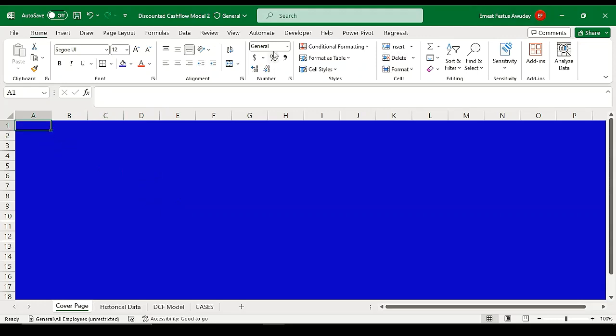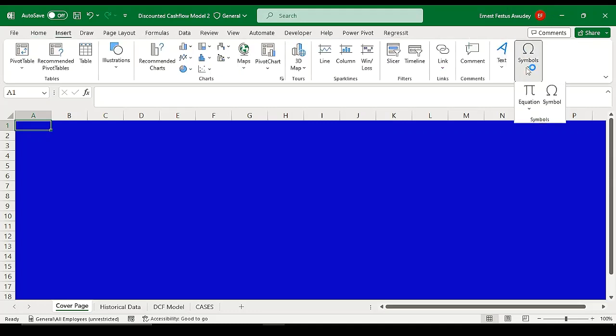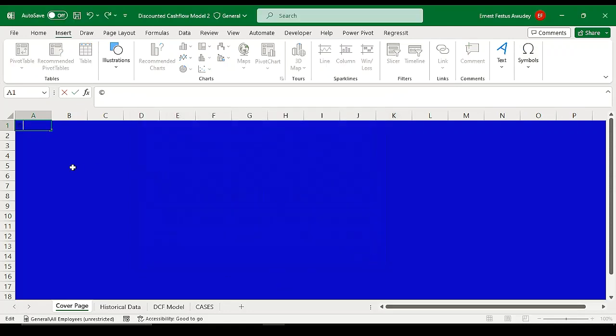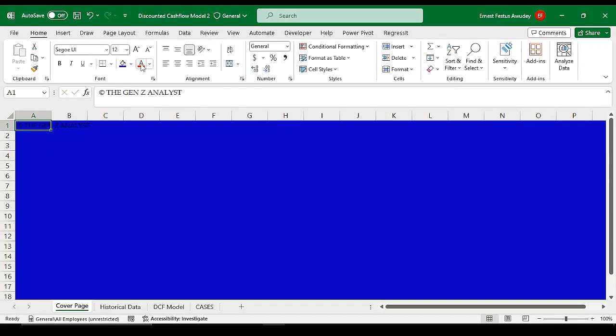So what I'm going to do is that I'm going to the insert tab, and then I'm going to insert a symbol here, and the symbol I'm going to insert is this copyright symbol. So I'll get there. You can use your own style. And then I can say the Gen Z Analyst right there, and then I can change the font color to white,